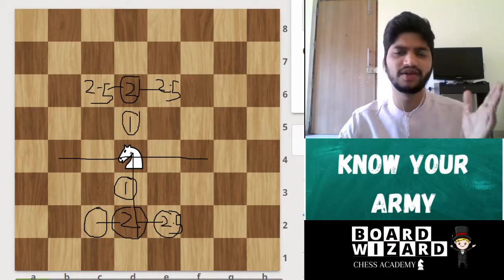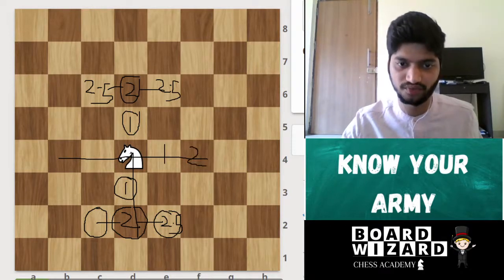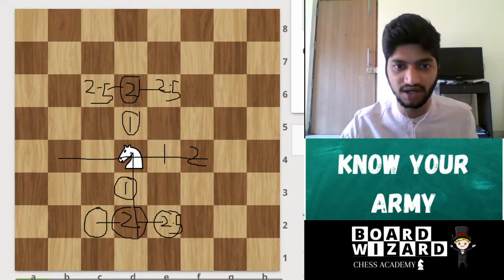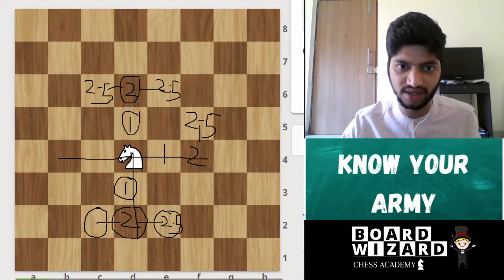Okay, now let's go on the right and left. So if he is going on the right, 1, 2. Now since he is going in the horizontal line, the half step will be up or down here, 2.5, 2.5 step, up or down.